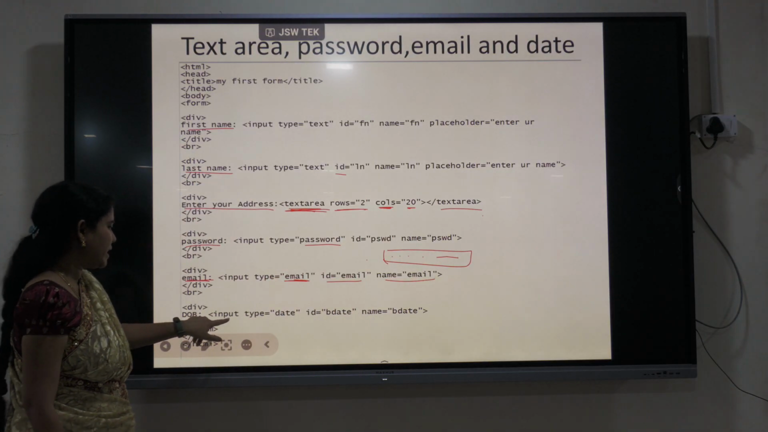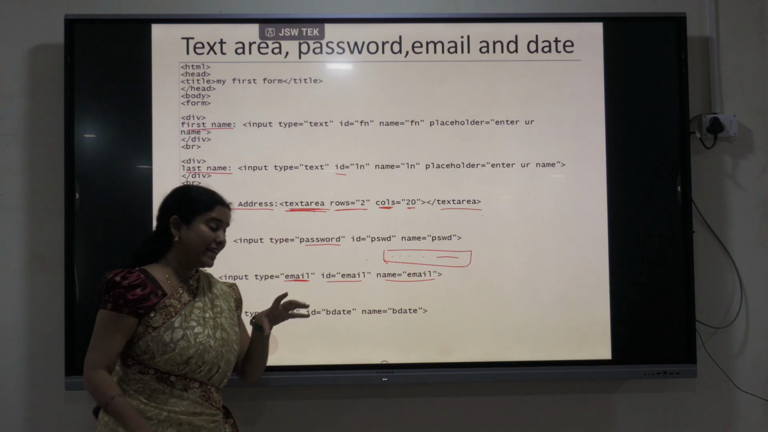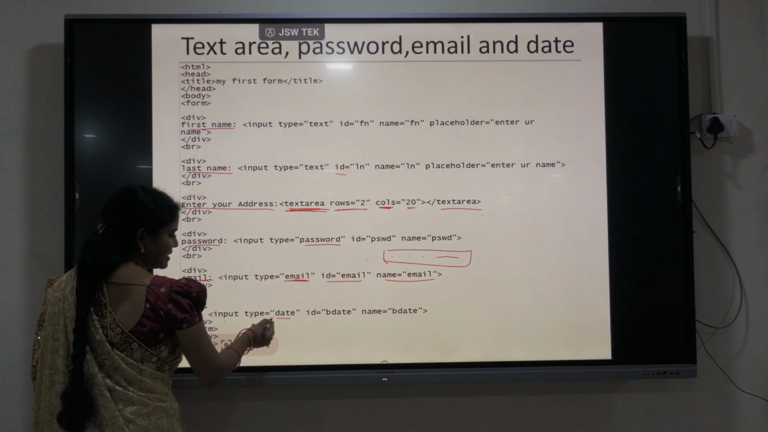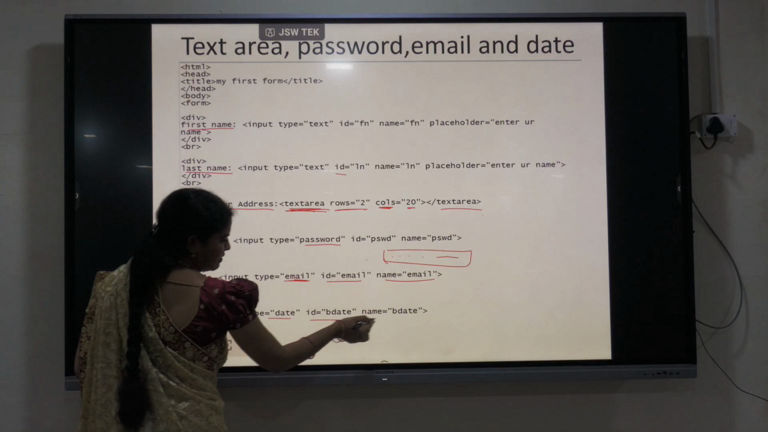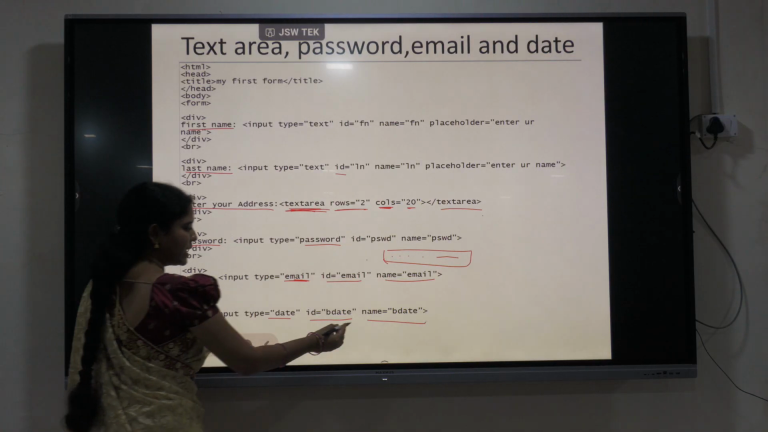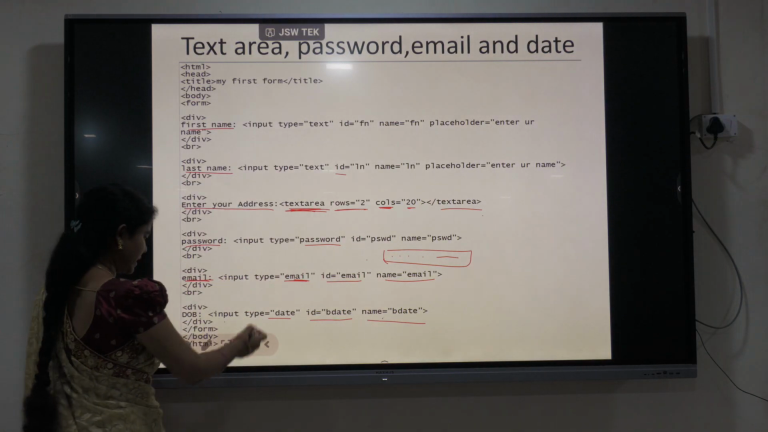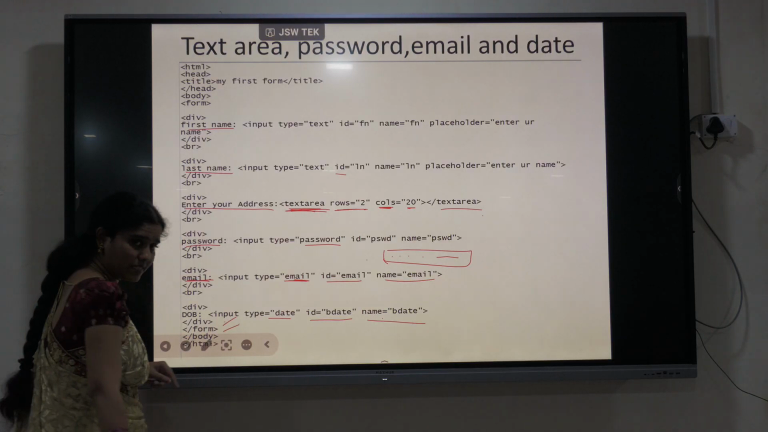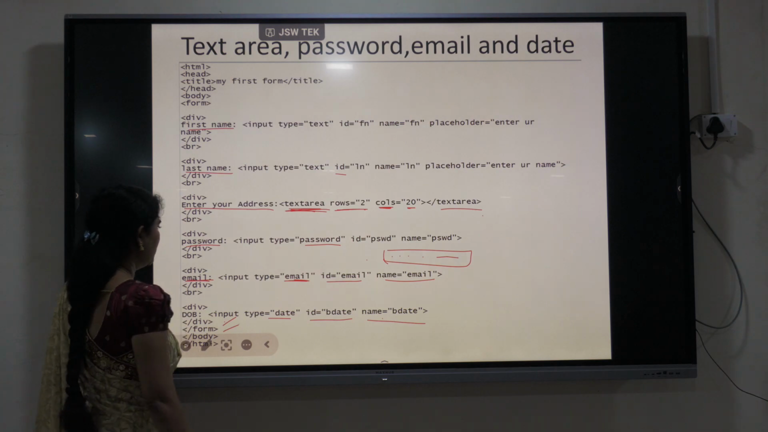And if you want to display a date, a kind of calendar, then you go with the input type as date. ID is equals to, give some ID for this element and give some name to this element, date. And finally closing of form, closing of body, closing of HTML tags. So what will be